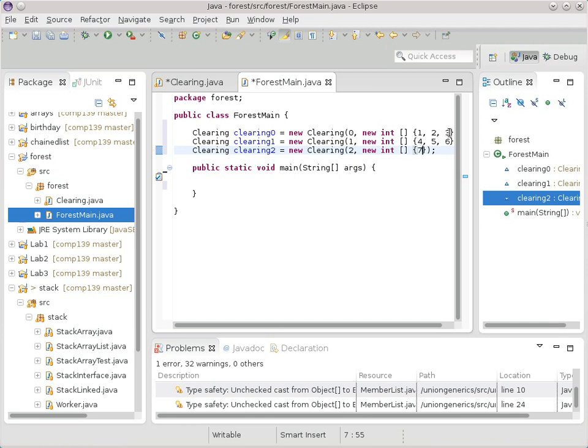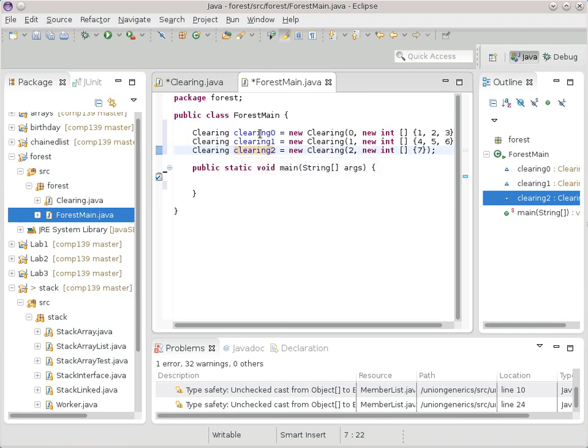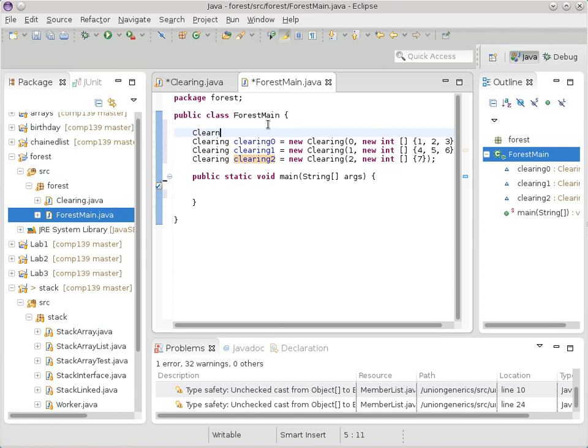So this one will be an array of size 3, 3, and the next one will be 1. So that's just a static allocation of the arrays. Okay, well, what I'm really doing here is making an array. You can see from the numbers that those are just values that are all clearing objects that are in an array. Okay, so let me just say this. I'm really making a clearing array of all clearings